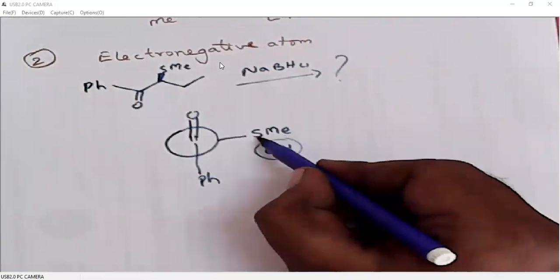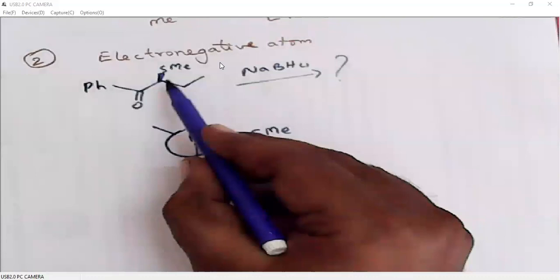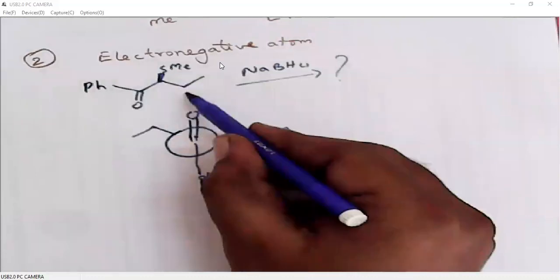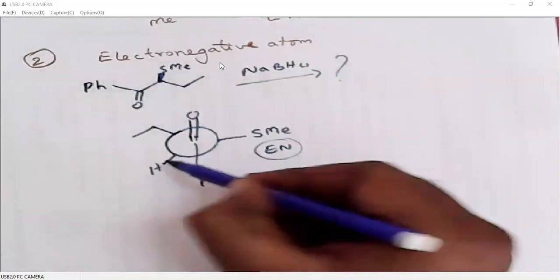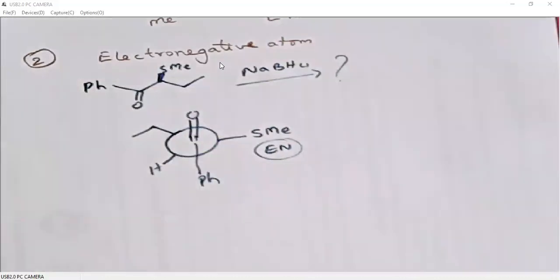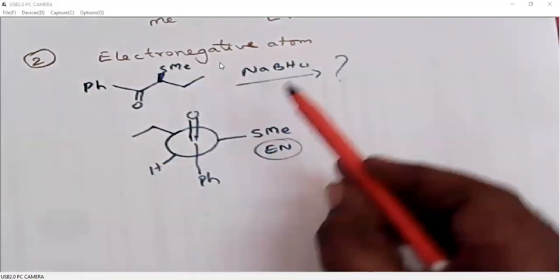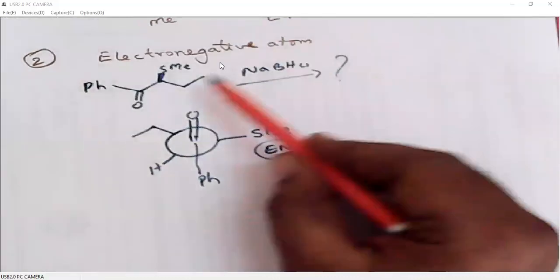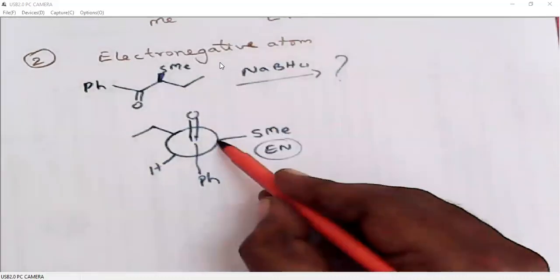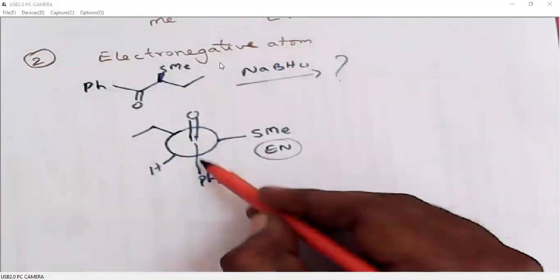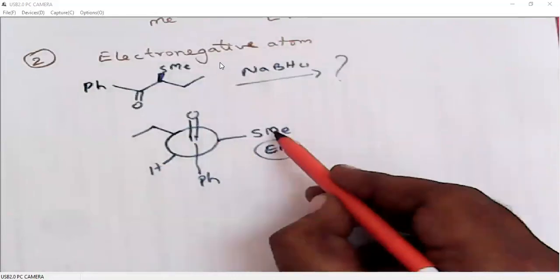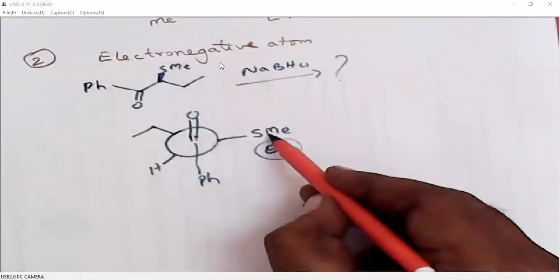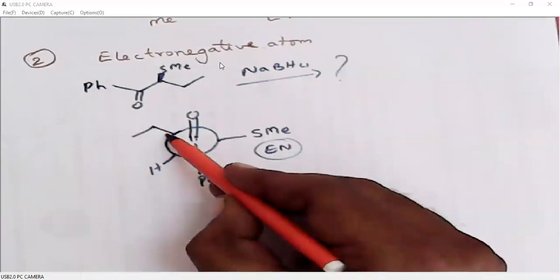Then we will represent the rest around this. So ethyl is the next large group, and of course hydrogen will be the small group. Now this must be the variation in representation using Newman projection. So when we have a more electronegative atom present in the molecule, then that must be represented perpendicular to the carbonyl. Instead of the large group, the more electronegative atom must be placed perpendicular to the carbonyl. Then the next large group will be here, small group will be here.